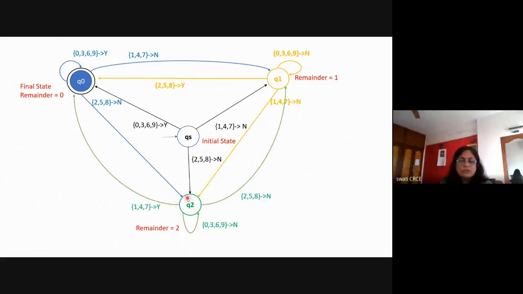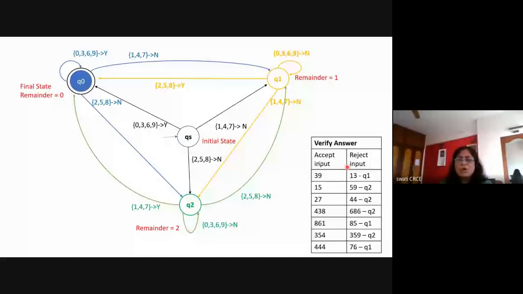But for some problems you will not be able to identify all the transitions initially. In that case you will go on developing these transitions as you go on drawing the diagram. But for some problems you can identify all the transitions in the beginning only, and this is a very important step to verify the answer. Always verify the answer. If you forget, or if you are lazy to do this, your design may remain incomplete, because designing is a trial and error process.